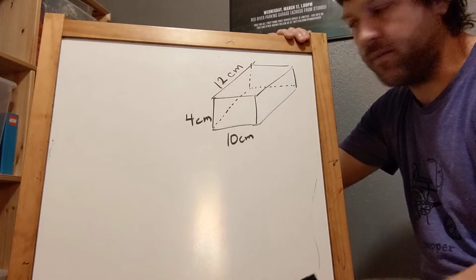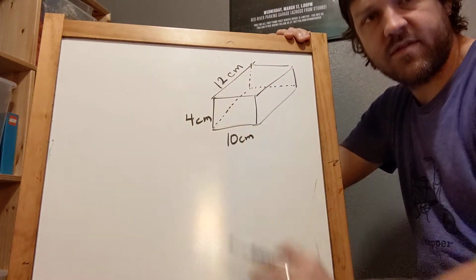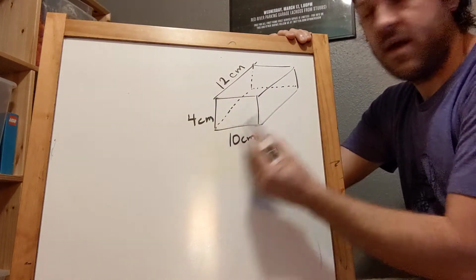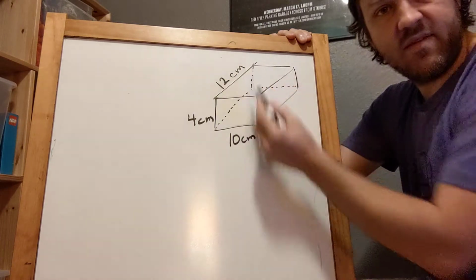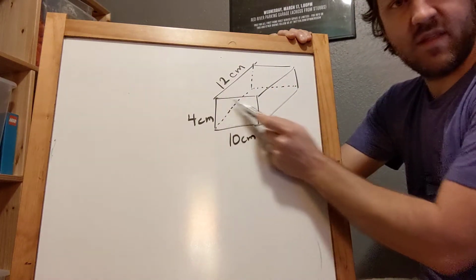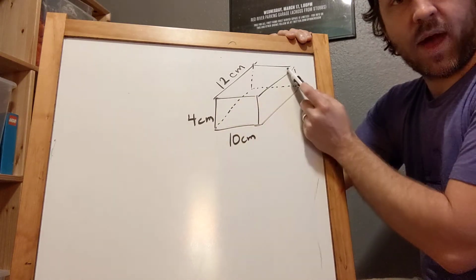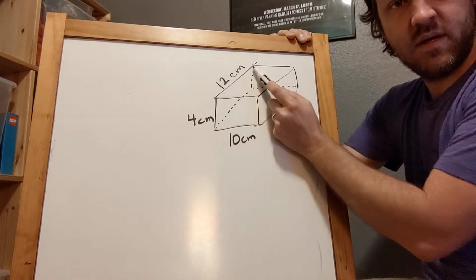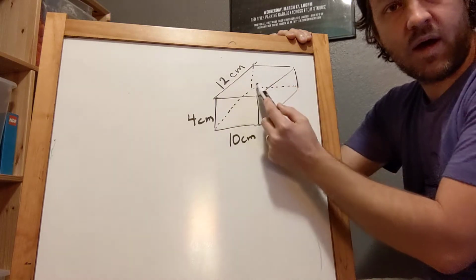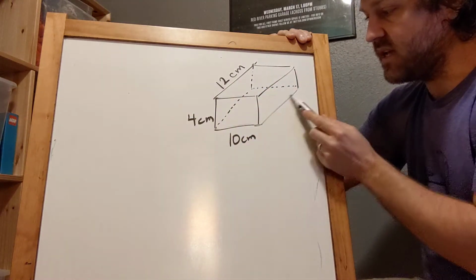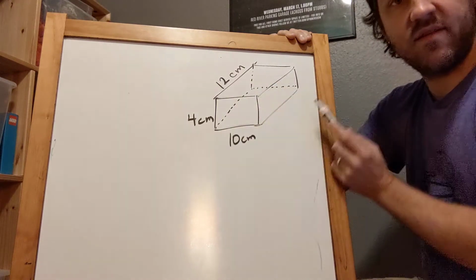rectangular prism. So what makes a prism is that it has a base and another base in the back that are the same. So you can see in this figure, there's a rectangle here, and then if you move to the back of the figure, there's another rectangle behind it. And so this shape is made up of those two bases connected by these lines that you see in the